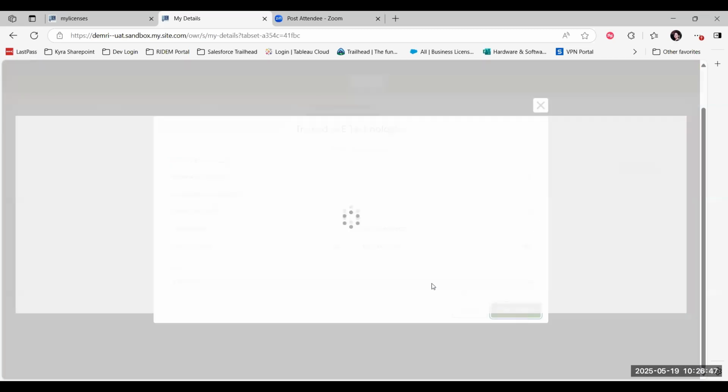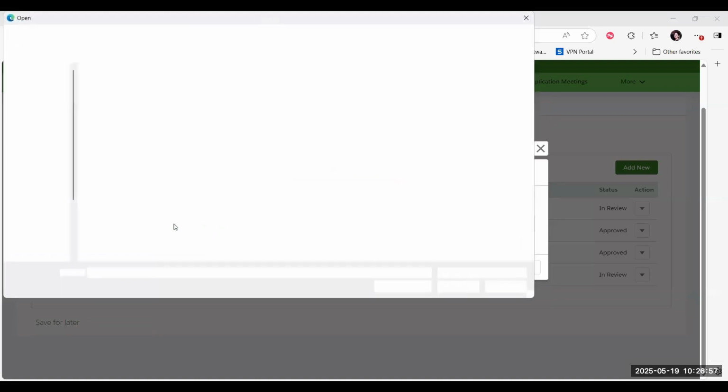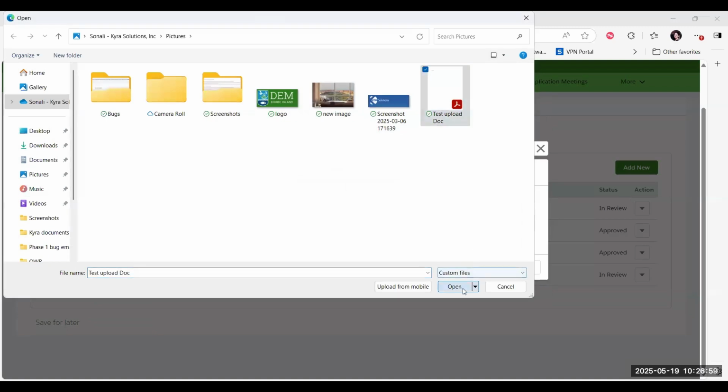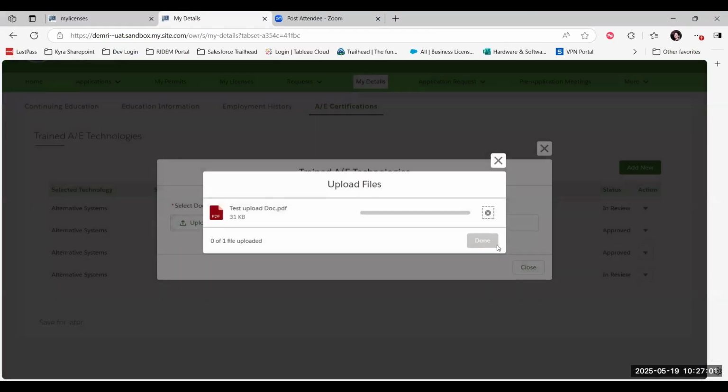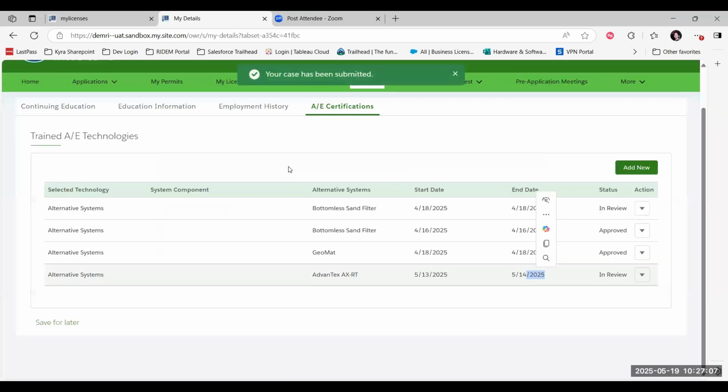You proceed next. It is going to ask you to upload a document. Please do upload the document so that DEM has access to see it and can approve it. So you just upload a document here which is associated with your certificate and submit it for their review. Once approved, all the A&E technologies, the certificates which you upload here